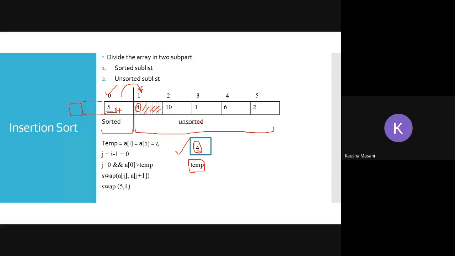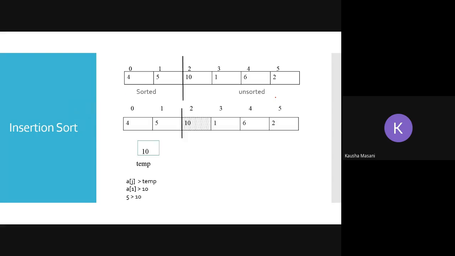Okay. So 4 and 5 now become the sorted array and the rest of them are the unsorted array. Now this is the first iteration. Like this, you have to repeat the cycle for each and every n elements. See, here it is demonstrated in a better way. Now see, 4 is at index 0, 5 is at index 1. Now this is my sorted array and the remaining portion is my unsorted array.